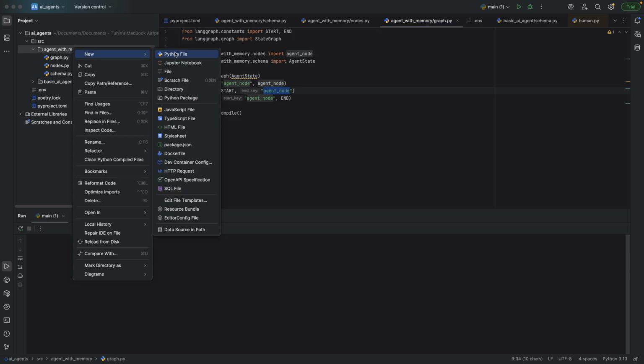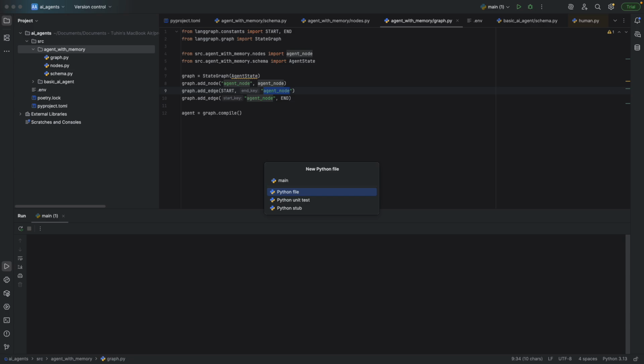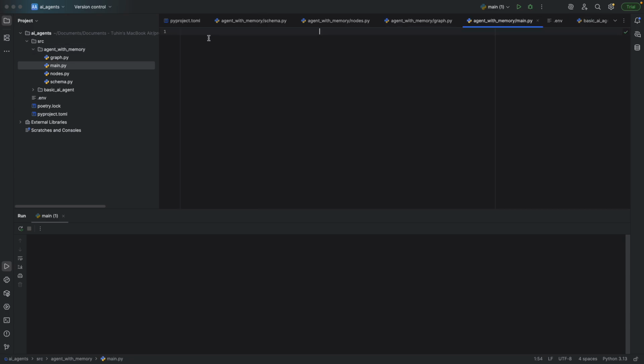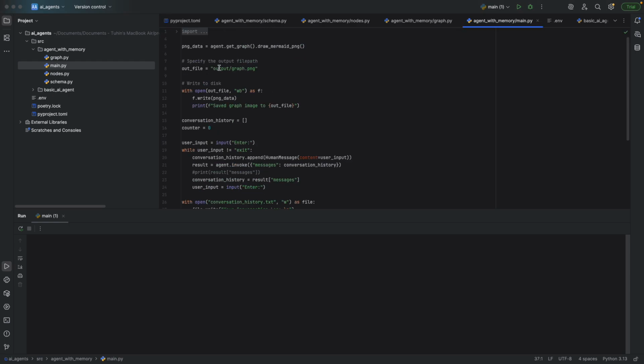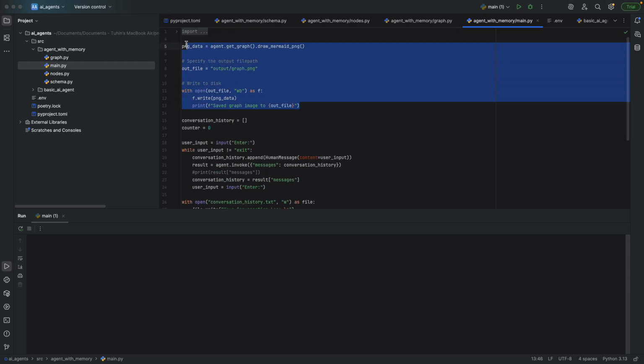And finally, we'll be creating another file called main, from where we will be running that project. So let me explain from the beginning. These, up to this particular portion, will be used for generating the visual graph. Okay, and then